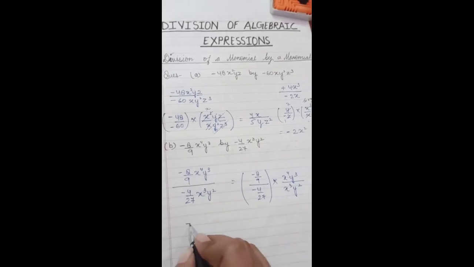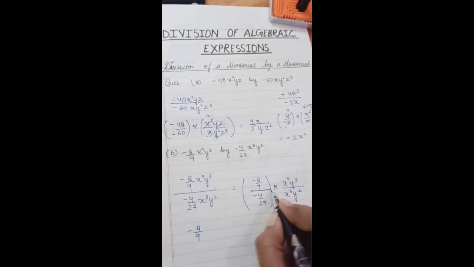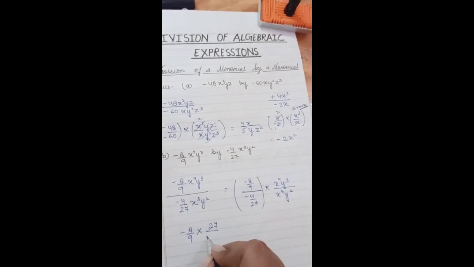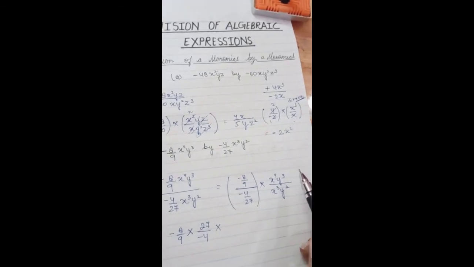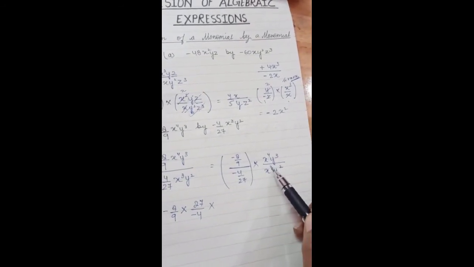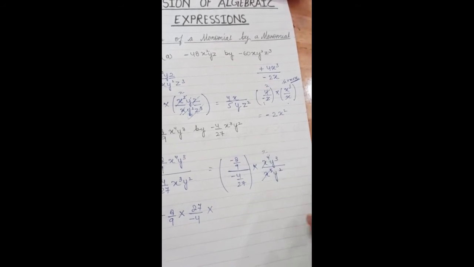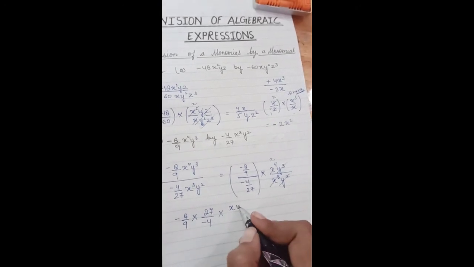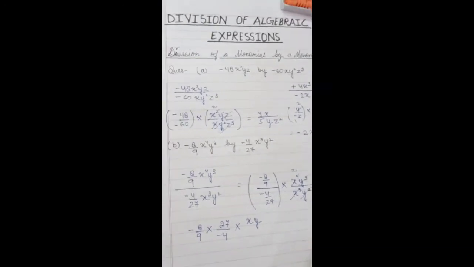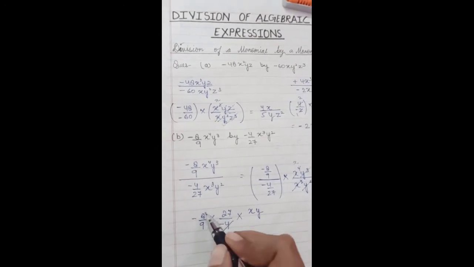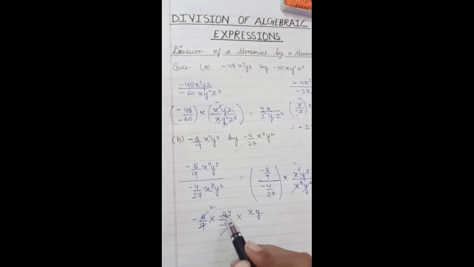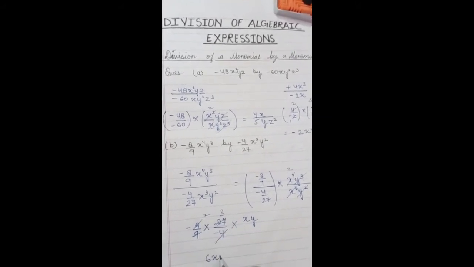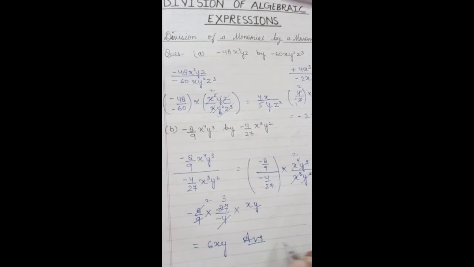Now you know how to divide the fraction part. So what we do here, minus 8 by 9, the division changes into multiplication, and we reciprocate this fraction, we write it like this. Now here x to the power 4, x to the power 3, it means 1x will remain in the numerator, so we write x here, and here y to the power 3, y to the power 2, 1y would remain in the numerator, so here we get xy. Now cancel out this, 4 2s are 8 and 9 3s are 27, minus and minus, we get the answer positive, 2 3s are 6, xy is your required answer.